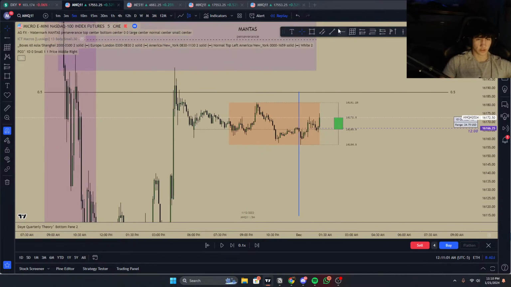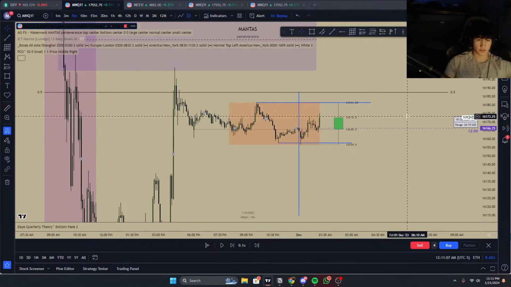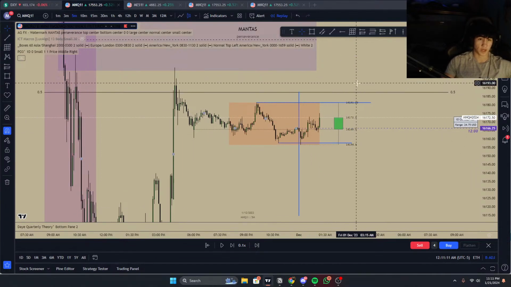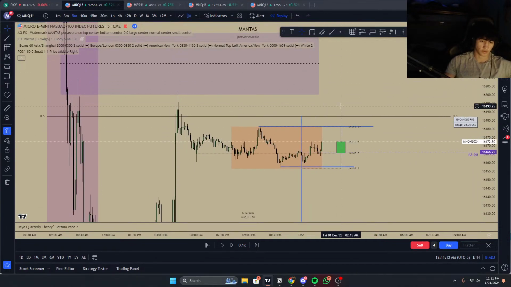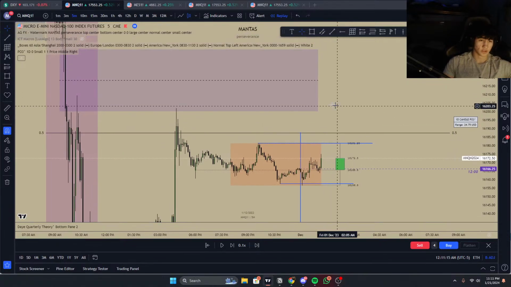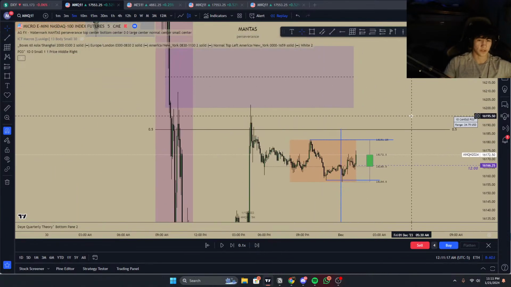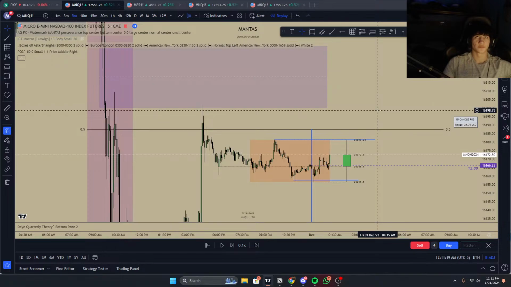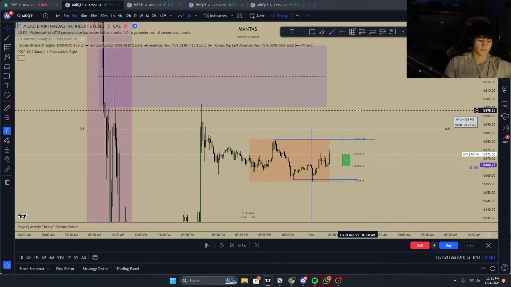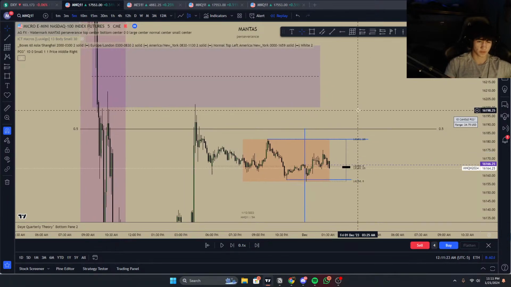We just ran out this low. If I get displacement higher, then I am bullish. That's all I can say. So now I'm looking for displacement higher. We already formed our low, so I'm looking for an open high, displacement higher. I'm looking for a lower close just because it's Friday. TGIF. There we go.